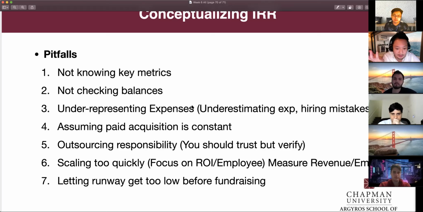And the biggest problem that I think pertains to fundraising is letting runway get too low before fundraising. And I see this over and over again. I hate it when entrepreneurs or students that I've taught before, or business school colleagues of mine, hit me up like 3 months before they're about to run out of money. I'm like, dude, you're supposed to build relationships with these investors, because when investors sniff even one iota of the fact that you're going to run out in 3 to 6 months, why would they invest in you? Right? They don't even know you. They just know you through an email. And I see this over and over and over again with entrepreneurs.